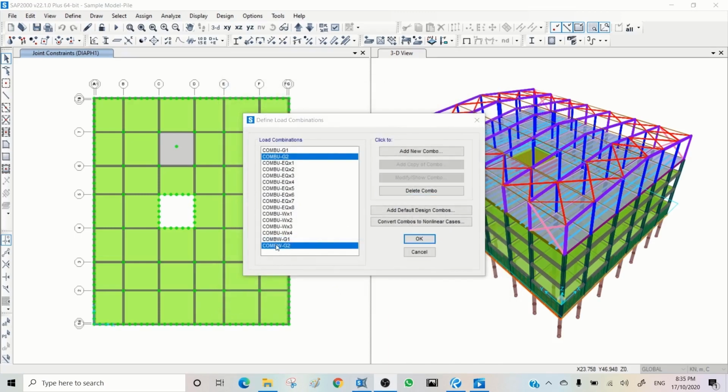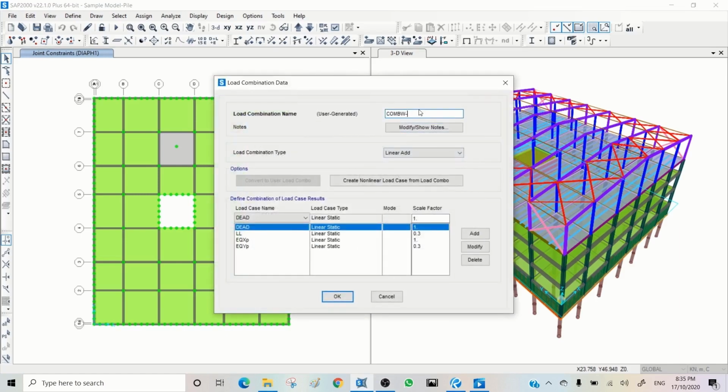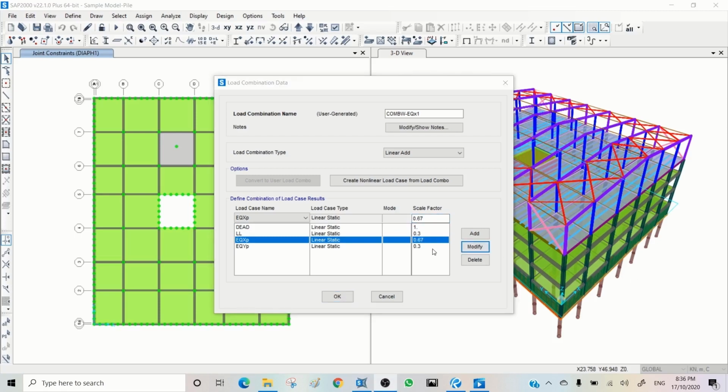So I will just show you one of the combinations for earthquake, and then I will show you how to create load combinations for serviceability limit states, and then finish this video. So to do this, I'm coming to combo X1, for example, add a copy of combo, and I will put here comb W EQ X1, and all I need to do, I need to change these two factors to 67%. So I'm coming here, change this one to 0.67 and modify, and now